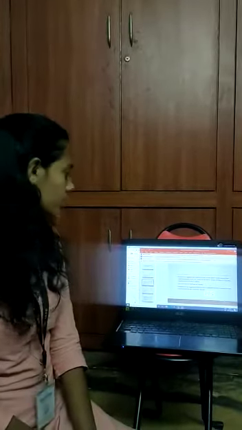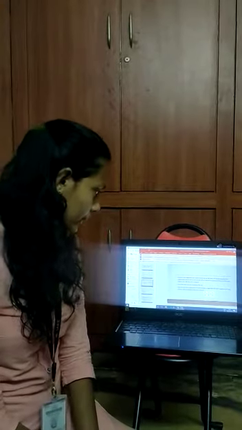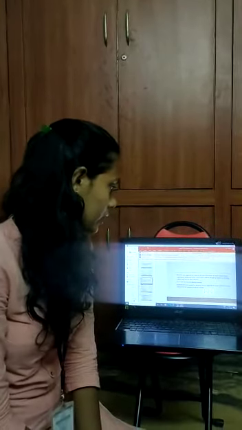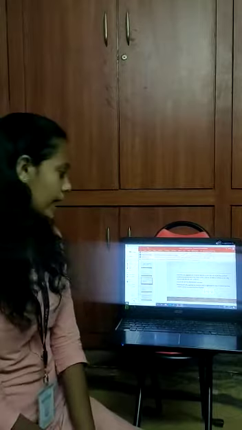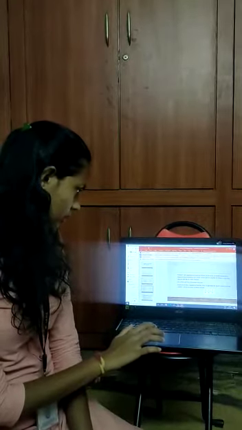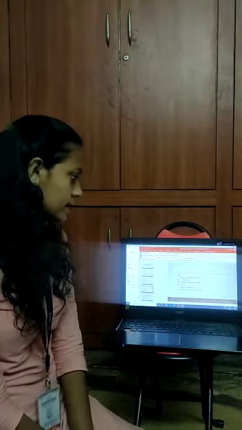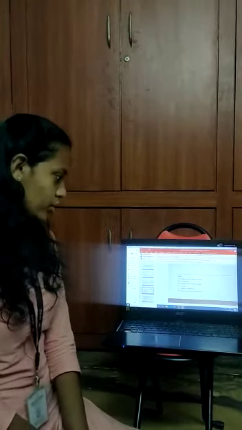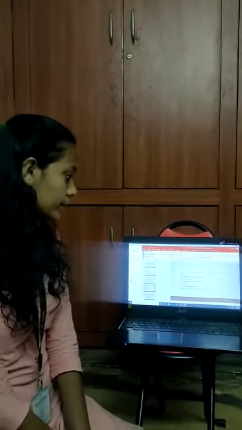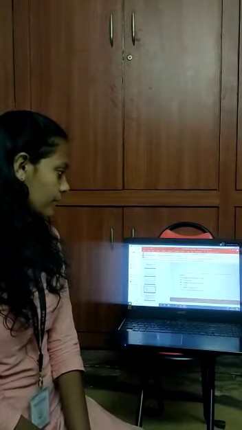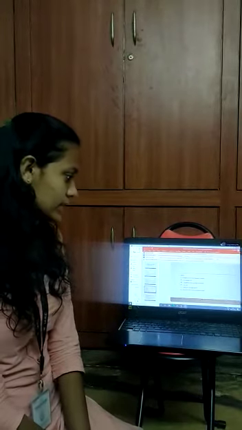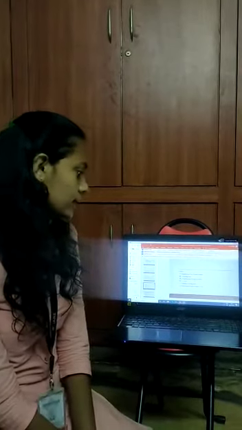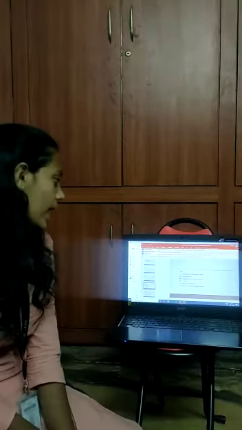And the formula here is 1 by P is equal to 1 by PC plus 1 by PE. P is defined as the crippling load for Rankine's formula, PC is the crushing load, and PE is the crippling load from Euler's formula. PC is equal to sigma C into A, where sigma C is nothing but the ultimate crushing stress, and A is the area of cross section of the given column.